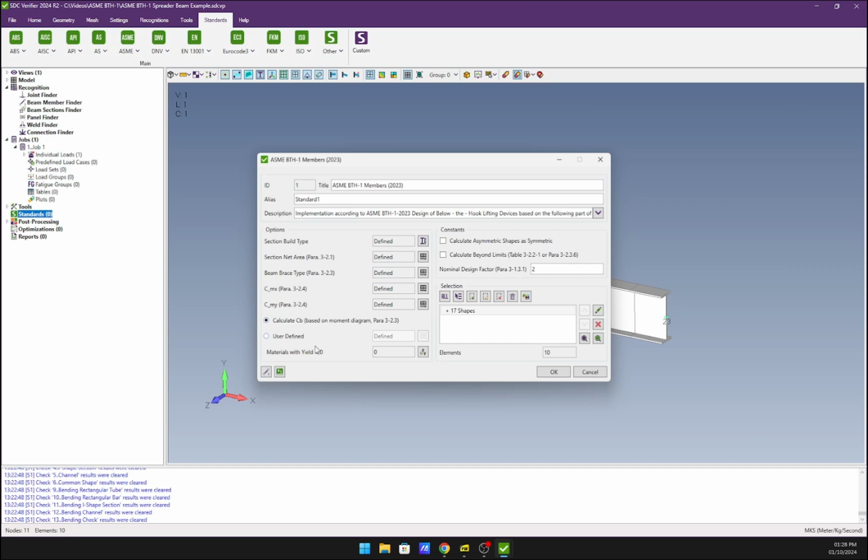In this case, I will leave it as it is. Additionally, we also get the info whether we have any materials with undefined yield in our model. In this case, it displays 0, so everything is fine. And in this implementation, you also have two additional options. You can either calculate asymmetric shapes as symmetric, in case you have any in your model, or you can use